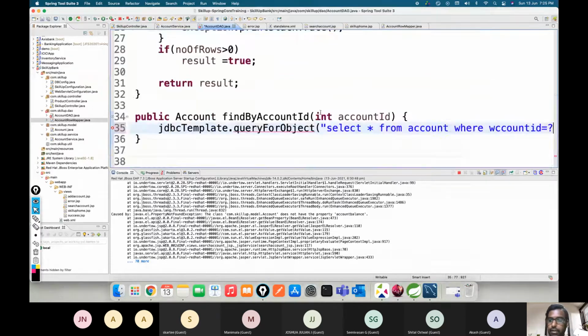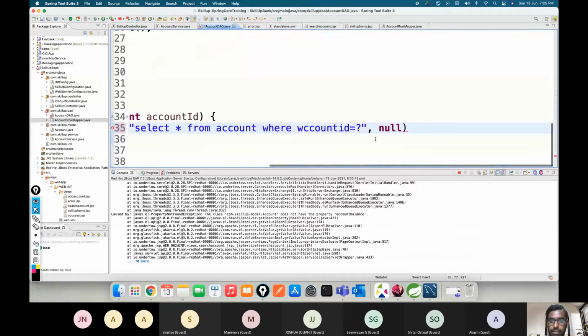Correct? So account ID is question marked and new int of